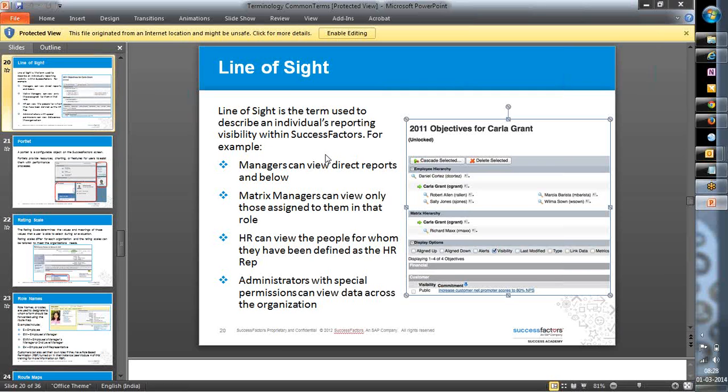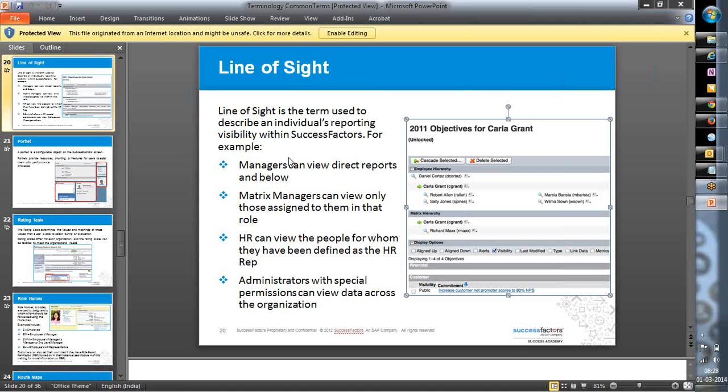Your reporting, it's a kind of organizational structure which... No, you don't call it organization structure. We are not in organization structure. So we are in some other modules. In other modules, a kind of reporting structure is displayed here, and you will call it line of sight. You just understand, here line of sight is a term used to describe an individual's reporting visibility in a particular